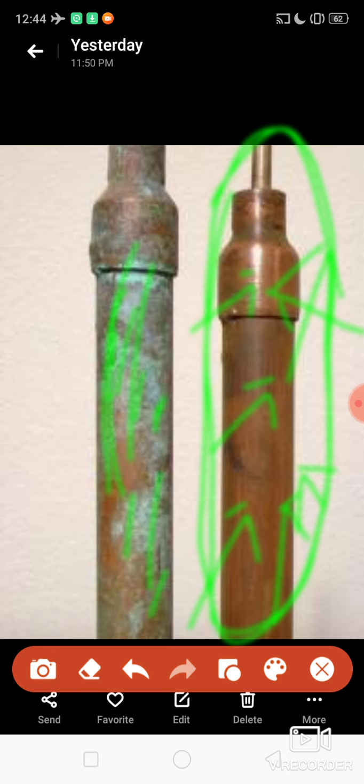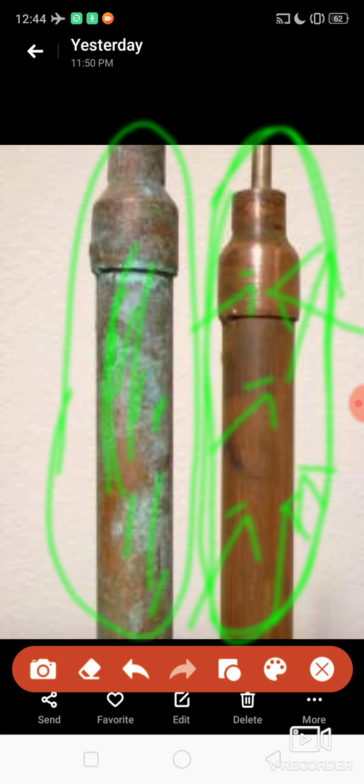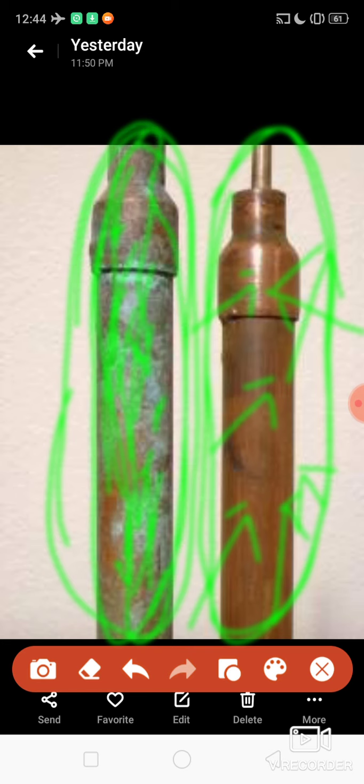So rusting is also taking place, and its upper layer is becoming dull. A greenish coating is forming on its surface. This is due to what? This is due to exposure to the air. So when a copper vessel comes into contact with air, what happens? A greenish coating occurs on the surface of the copper vessel.